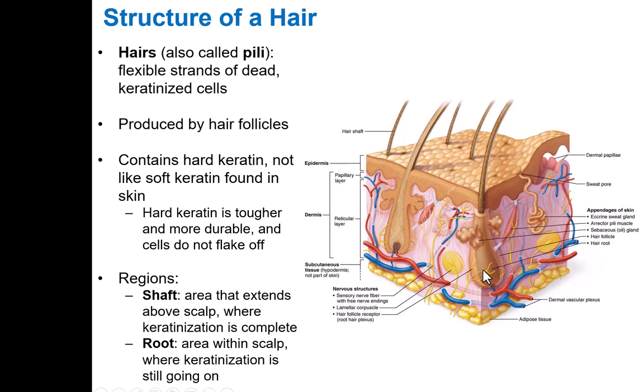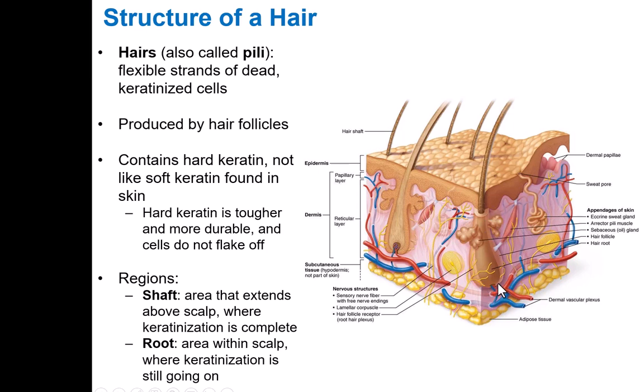And just like in the epidermis, where you saw that stratum basale layer actively dividing and pushing up old cells up and up and up to the stratum corneum, the hair works the same way. It's the cells that are deep in the root that are actively dividing, and they're pushing up old cells up past the surface of the skin. So the follicle is surrounding that